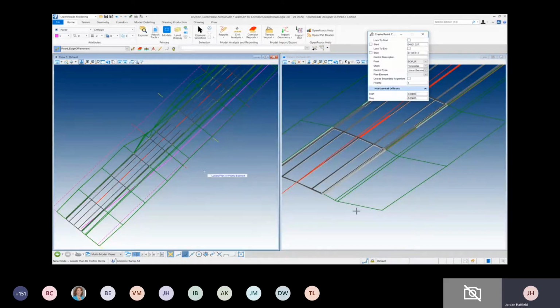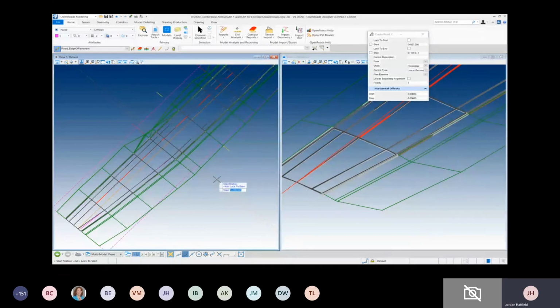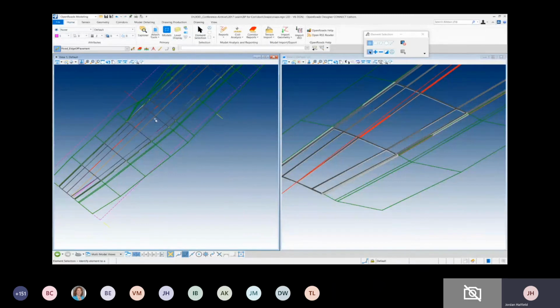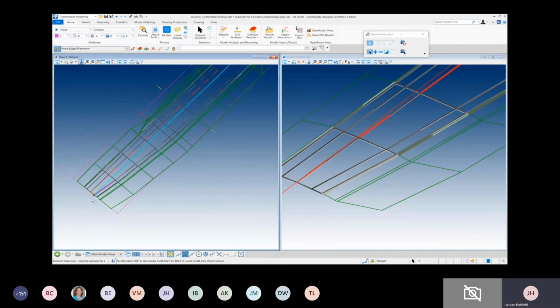So we're going to just pick linear geometry, pick our element, and let that process. Oh, I got to pick it. Priority. And there you go. We created a point control for that edge of pavement. Now, what do we do with the manipulators for the point control itself? Well, let's take a little further look at it. You see the original location of the point control. If I select it, I can see the